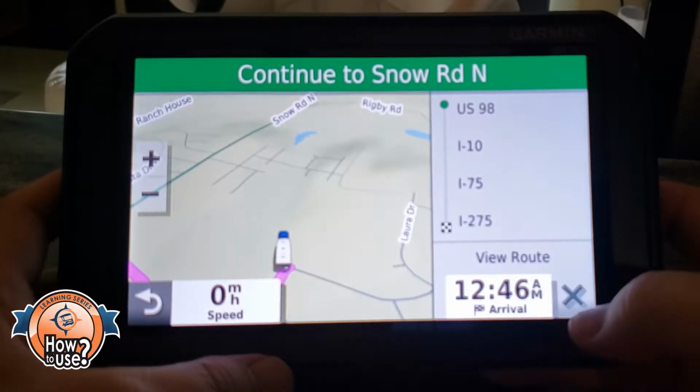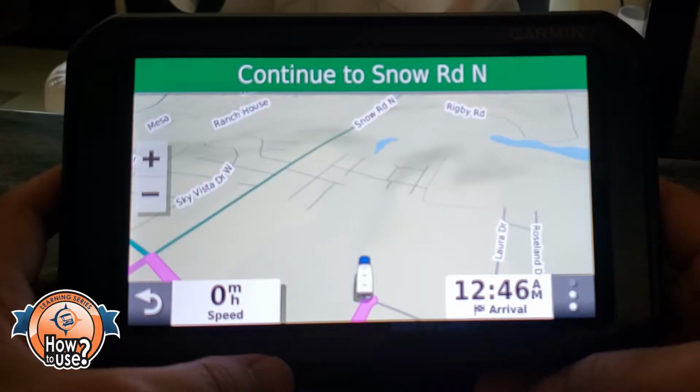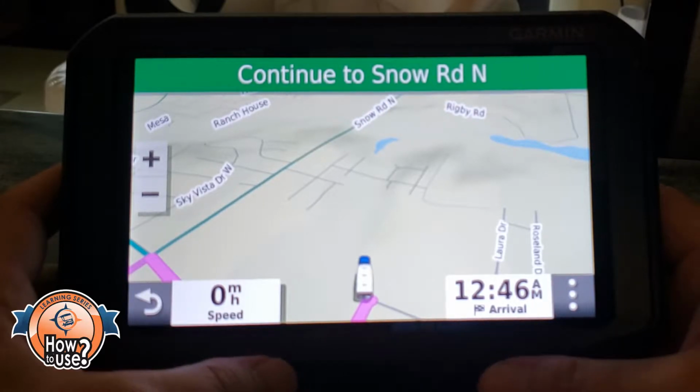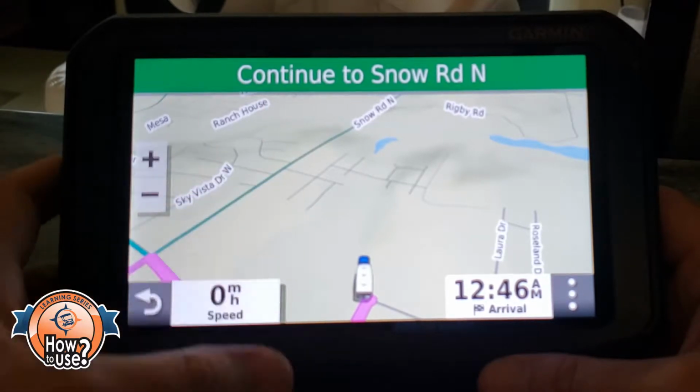Please drive to highlighted route. I know I went through that quickly, but you've probably already been through the video showing how to enter a route. So now a route's entered here, and let's talk about the map screen and what all we can do here. If I just tap the map screen,